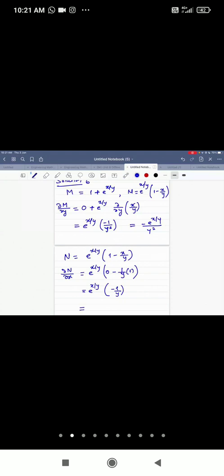So this is nothing but minus e raised, okay, but there is another term also. I forgot to write that. We are solving by the product rule, isn't it? Right. So plus this 1 minus x by y as it is. The derivative of e raised to x by y is e raised to x by y times ∂/∂x of x by y. So ultimately what we get is minus 1 upon y e raised to x upon y. Okay. Then plus 1 minus x upon y e raised to x upon y, and the derivative of x by y with respect to x is 1 by y again, right?